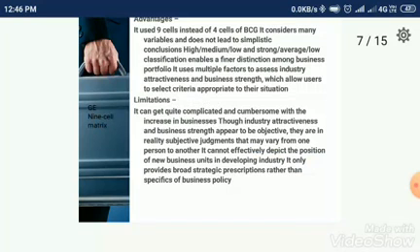As I told you, the advantage of this G 9-cell matrix is that it uses 9 cells instead of the 4 cells of the BCG matrix, so it is meant to overcome the limitations of the BCG matrix. It uses a simple form of comparison of factors: high, medium, low, strong, average, and weak classification of the portfolio. The limitation is that it is quite complicated. It appears objective, but if a company is engaged in a new business, it is very difficult for them to maintain this.